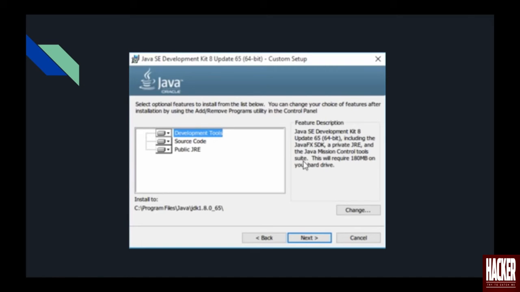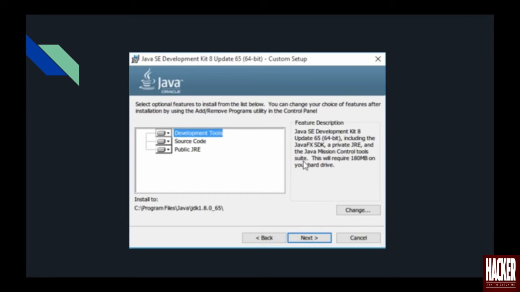On this screen you have to make sure you note this path over here. This path is something that we'll be needing when we open IntelliJ IDEA for the first time. This is the path where your system is installing Java on your machine. Now you just need to click next, and at the end Java will get installed and you will see a confirmation message. Now after clicking on finish,